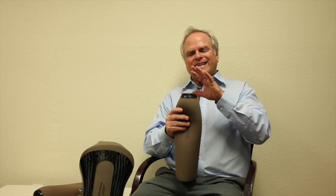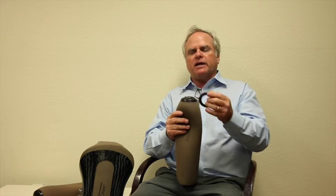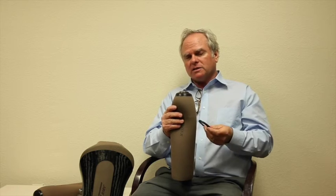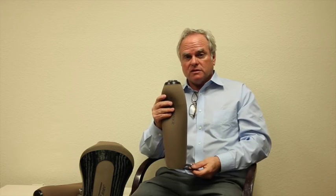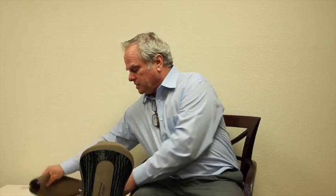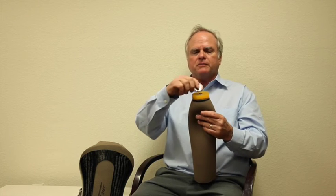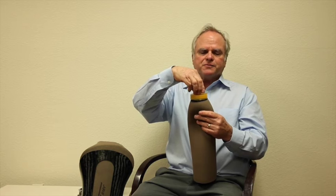Alright, now remember I said the easiest way is to use the Magliner. It's lower profile, it's easier to do, etc. But being a prosthetist, I understand that we all have our favorites. And it might not necessarily be our liner. So what we've done is we've made an adapter for any pin liner. To take the lamination to do the casting, we have another silicone ring that can go on here. And what that's doing is it's changing the undercut, so there's no undercut. We can put on this adapter,